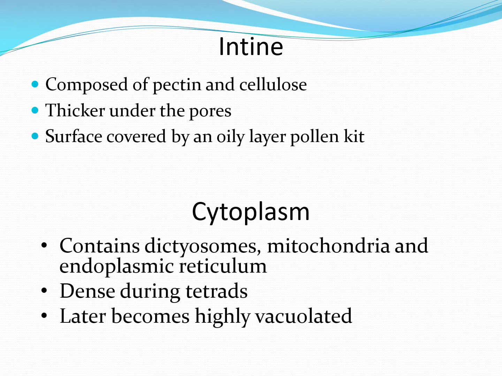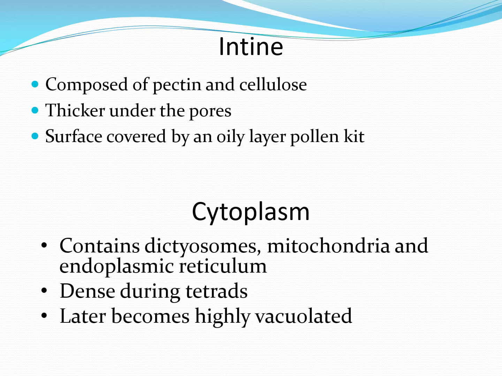In insect pollinated species, the surface of the pollen grain is covered by an oily layer called pollen kit. Sticky nature, color and smell of the pollen grain is due to its presence. The substances necessary for the synthesis of pollen kit are secreted by tapetal cells. The pollen kit helps in attracting insects, protects the pollen from UV radiations, and its sticky nature helps in sticking pollen to the insect body.